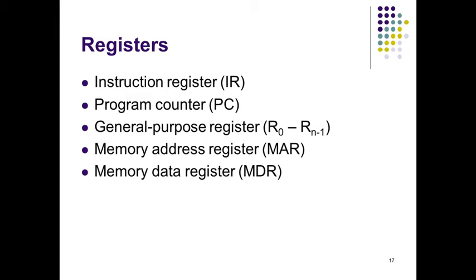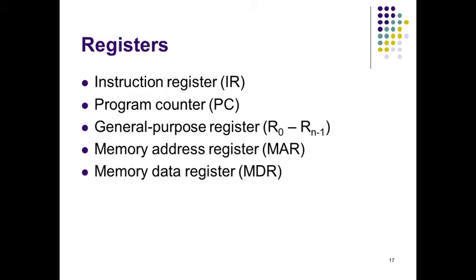In addition to the ALU and the control circuitry, the processor contains a number of registers used for several different purposes. The first register is the IR, that is the instruction register. It holds the instruction that is currently being executed. The output of the IR is available to the control circuits, which generate the timing signals that control the various processing elements involved in execution of an instruction.